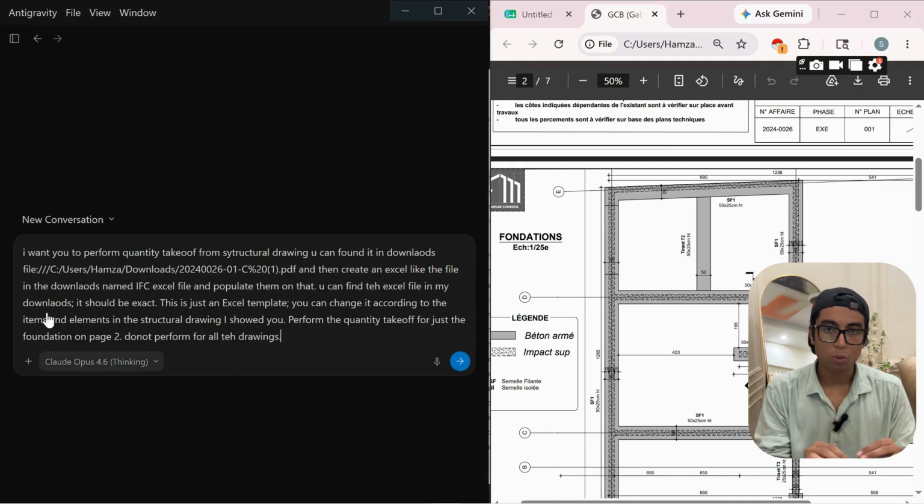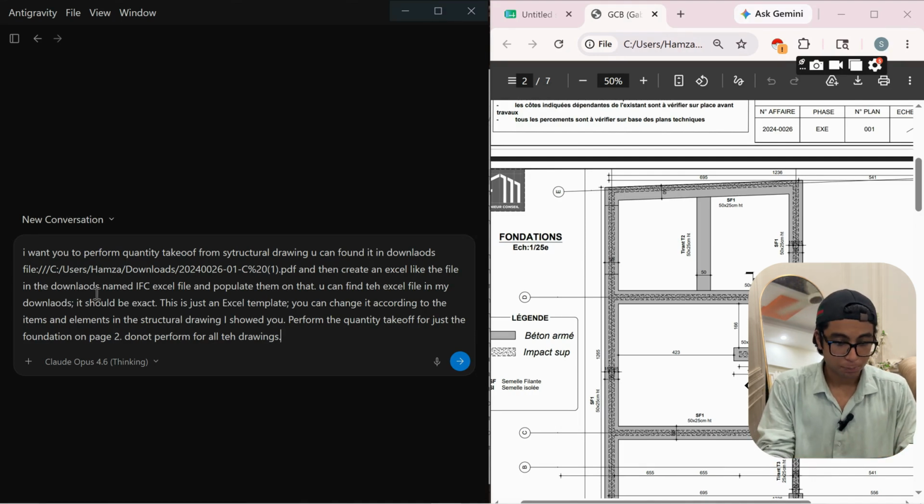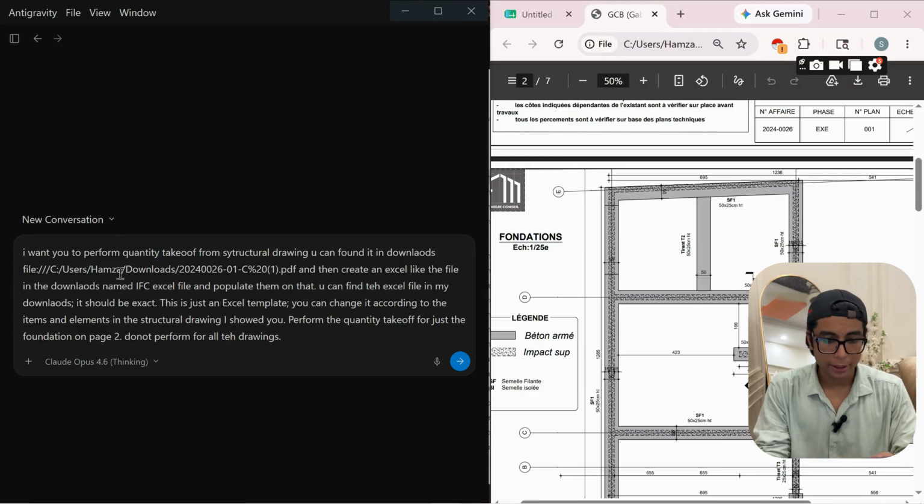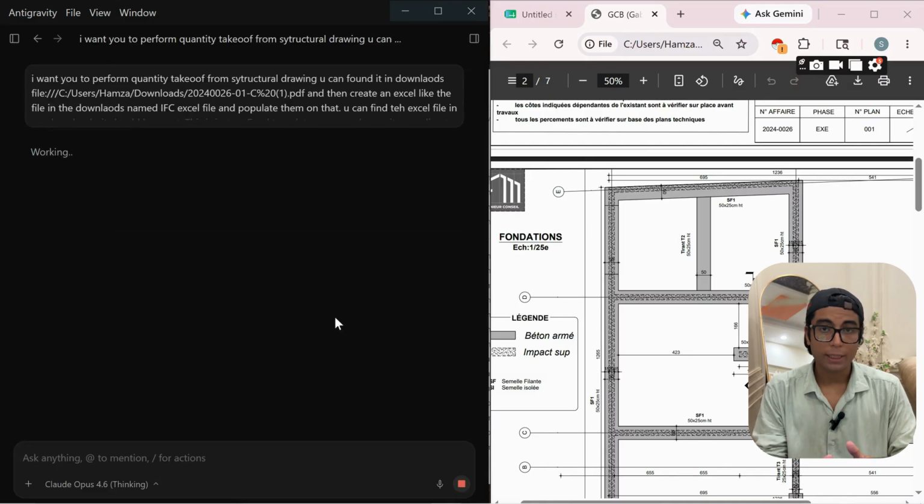Basically, what you need to do is be really specific. You do not have to give it a long prompt, because it's just going to muddle things. We have to communicate with AI like we are communicating with our colleague or our employee, right? Anyways, I have told Claude where it can find the files and which quantity takeoff it has to perform. And all I'm going to do is press enter, and we are just going to wait and see how